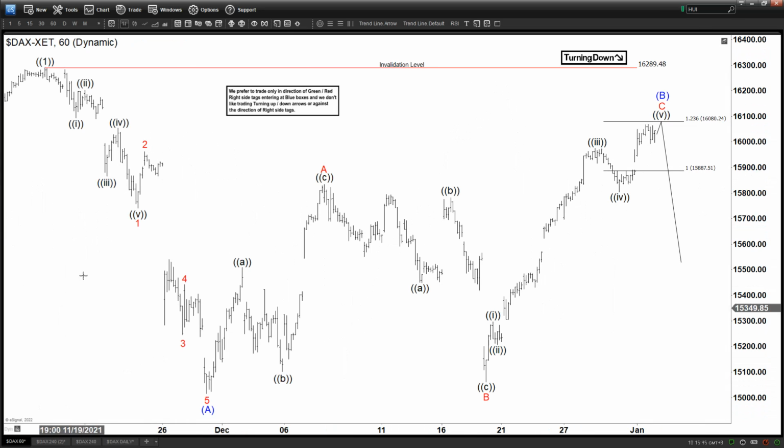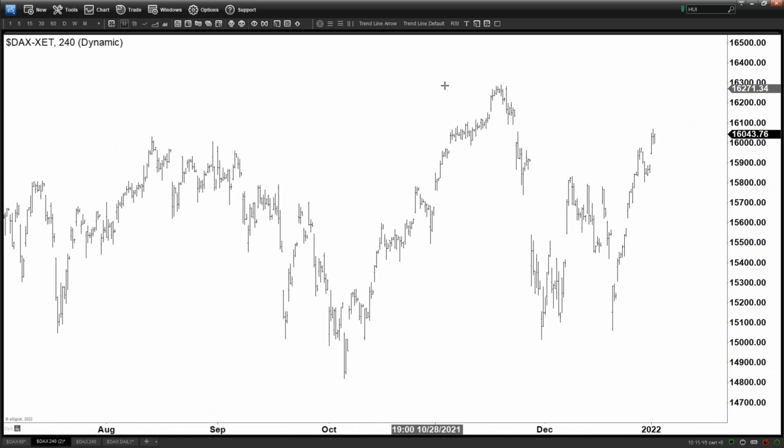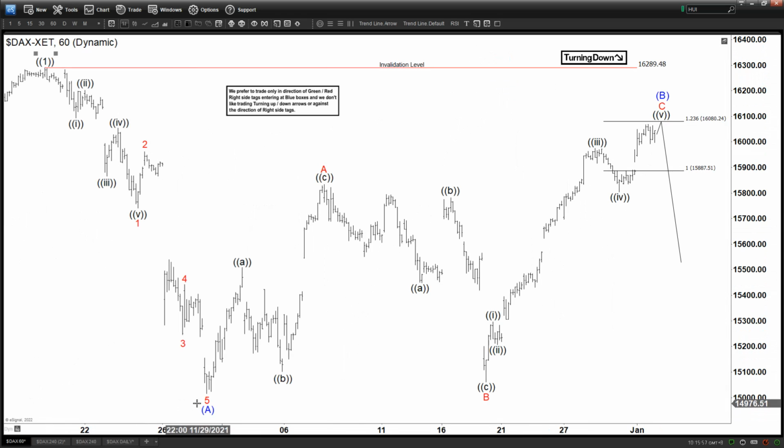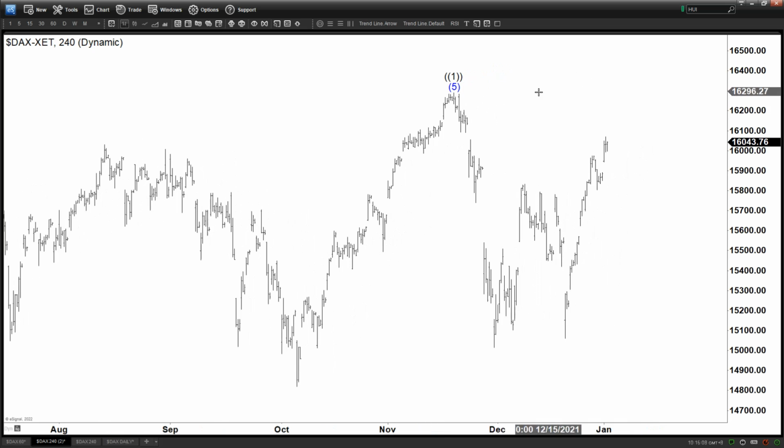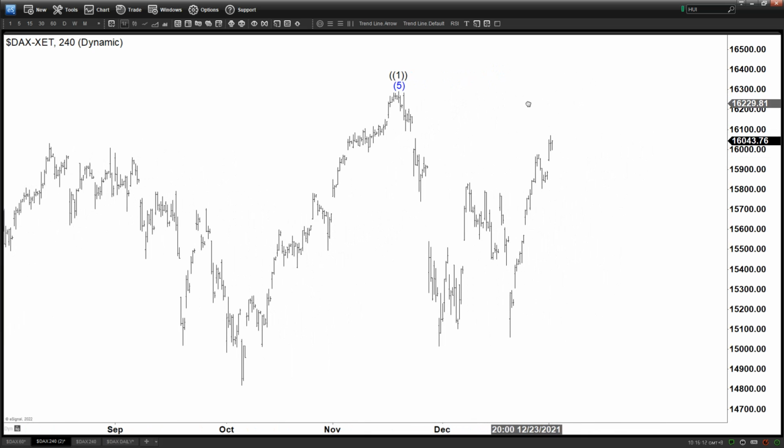Now take a look at the 1 hour chart again. If we label this as a wave 1, then basically somewhere before this one it has to be 5 waves, right? It has to be something like this in order for you to call it a wave 1, right? And so that means if it breaks above this 1689, there are two possible alternates I can think